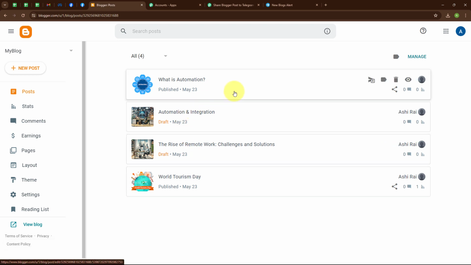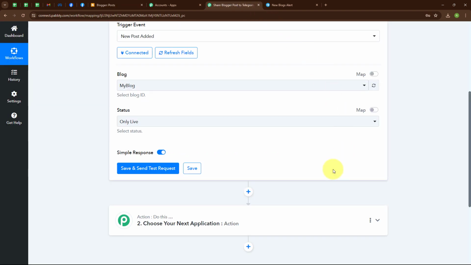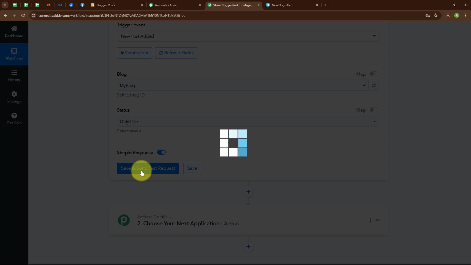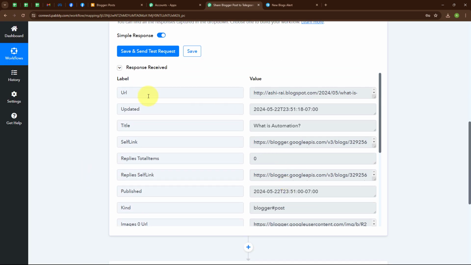And here you can see we have successfully posted a post with the title What is Automation? So now let's go back to our Pabbly window. And here I'm going to click on the Save and Send Test Request. And here you can see Pabbly Connect has captured a successful response where we have received the URL of the